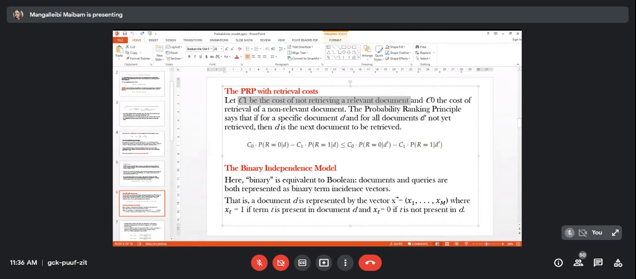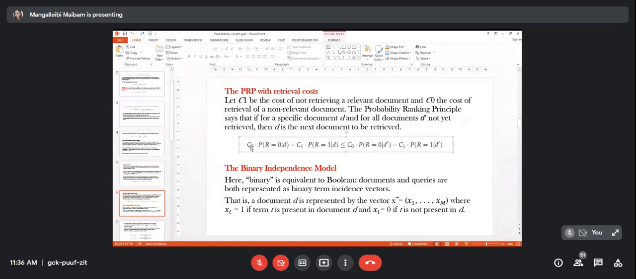And D' is the document not yet retrieved. Then D is the document to be retrieved. So here, given C0, which is the cost of retrieval of a non-relevant document, multiplied by the probability of returning a non-relevant document, minus C1 into the probability of returning a relevant document, is less than or equal to